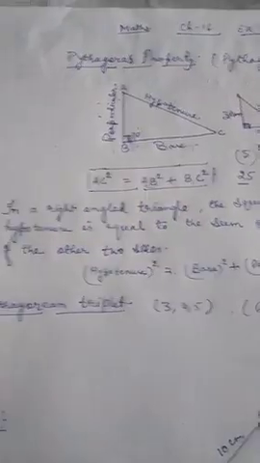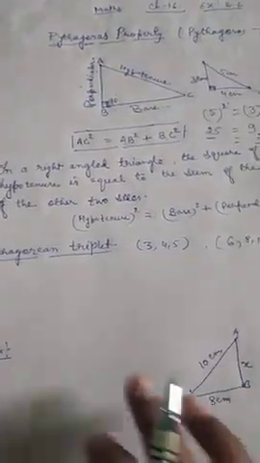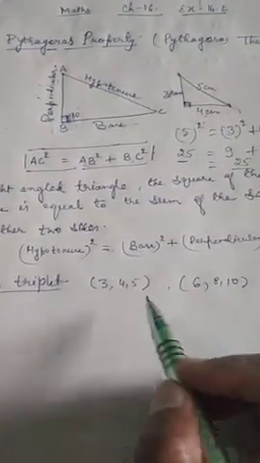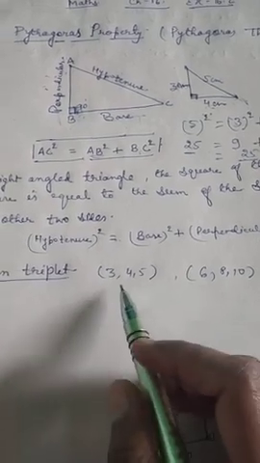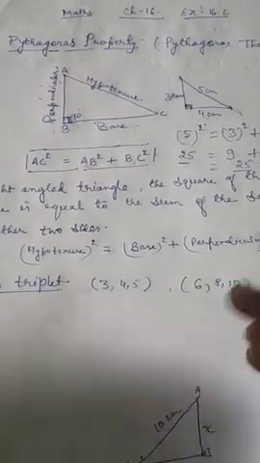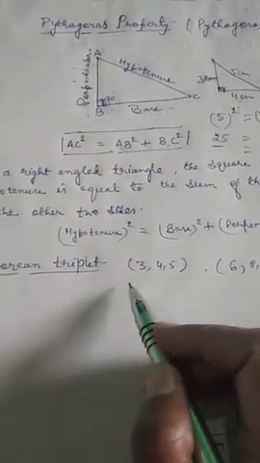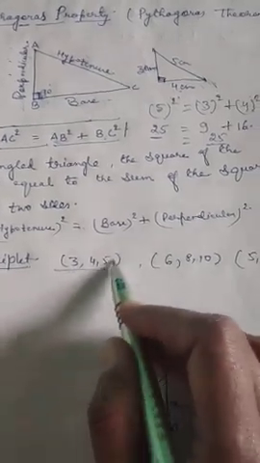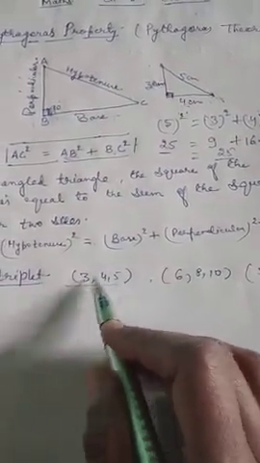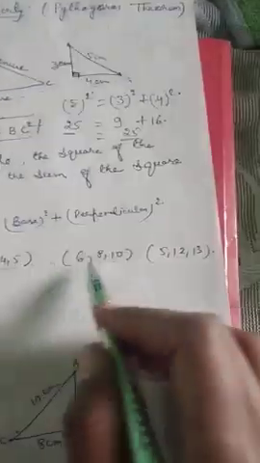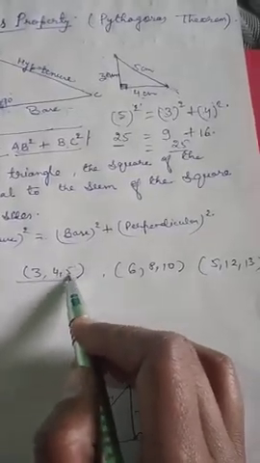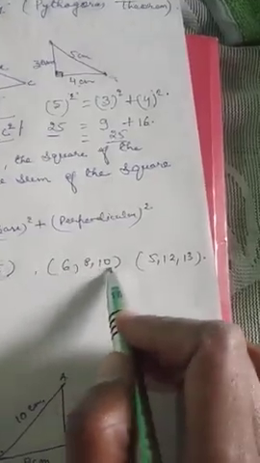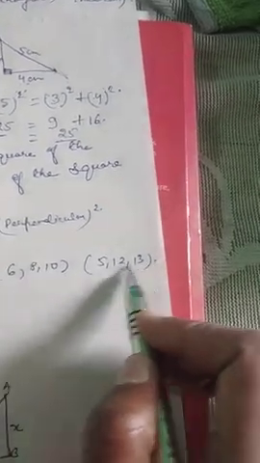Got it? Now what is a Pythagoras triplet? A Pythagoras triplet is when the square of the longest side of a triangle is equal to the sum of the squares of the remaining two sides; the measures of the sides of such a triangle are known as a Pythagoras triplet. So there are some Pythagoras triplets. It means the longest side's square will be equal to the sum of the squares of the other two sides. So in this, which is the longest side? 5 centimeter; 4 and 3 are less than this. And in this, which is the longest? 10. In this, which is the longest?